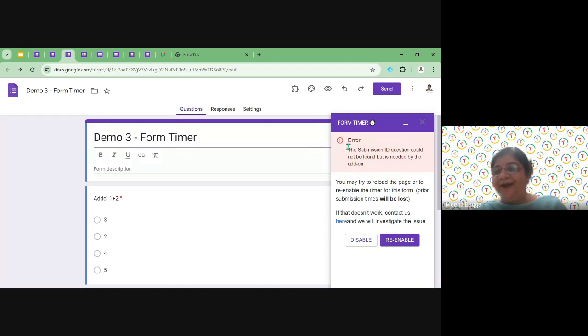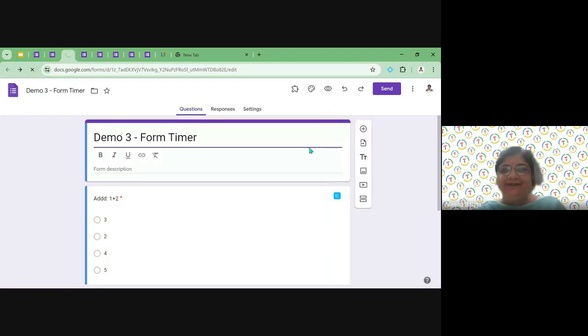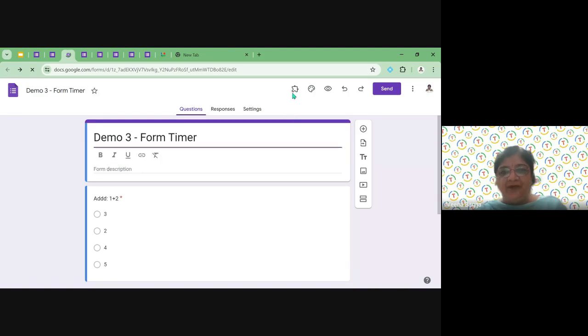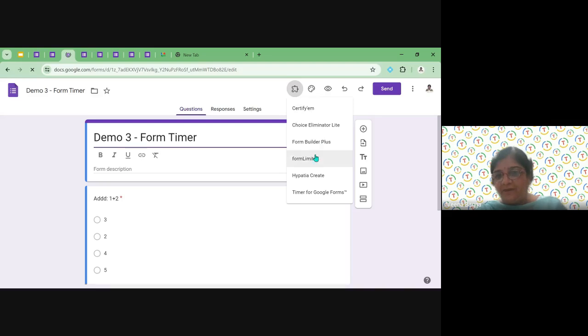Again and again it is showing an error right now. Reload the page. Okay, let me reload. Maybe it's because I have tried it myself once. But all these add-ons work very well. I have tried it myself.